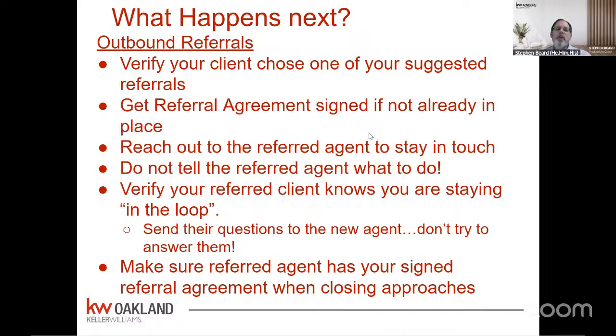So you don't know. But what I'm trying to say is, let's suppose you want to tell the agent, you're not showing them houses in this neighborhood. Why are you showing them 2-story? They only want 1-story. Stay away from that stuff. I would make sure your client tells them. You know, encourage the communication to be between your client and their agent. If it's out of state, you can't say anything anyway. If it is in state, you could talk to the agent, but only if there's a high degree of trust between you and the agent.